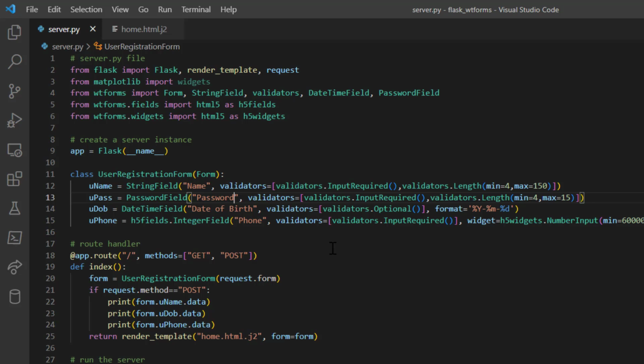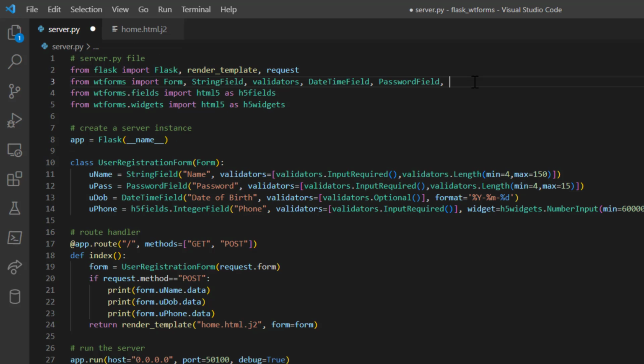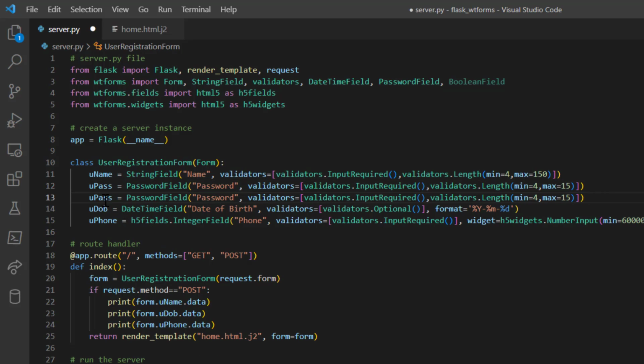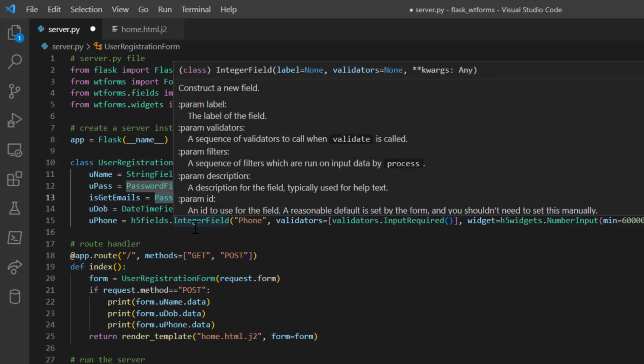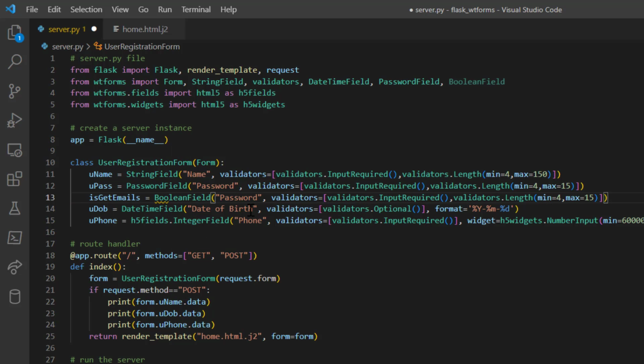Now let's try to render a checkbox using WTForms. That can be done using the BooleanField. So let's try to ask the user whether they want to get promotional emails or not. So let's try to create a field something like, I'm going to copy paste this password, write is get emails, and this is going to be a Boolean field, and I'm going to say the label as get promotional emails,